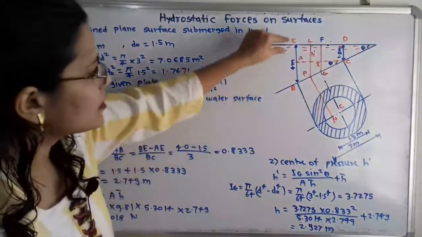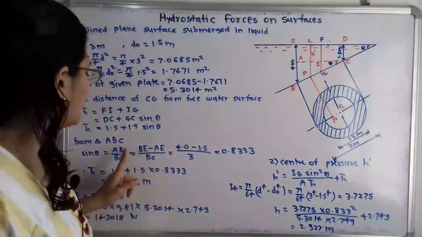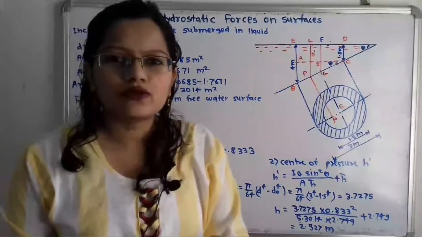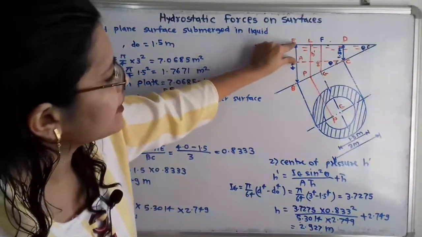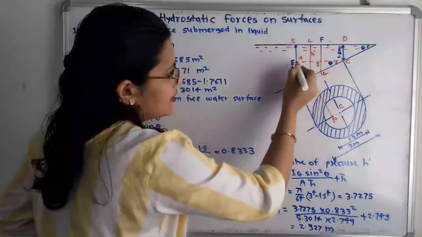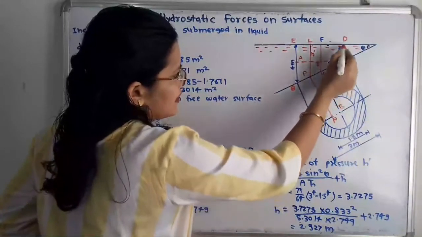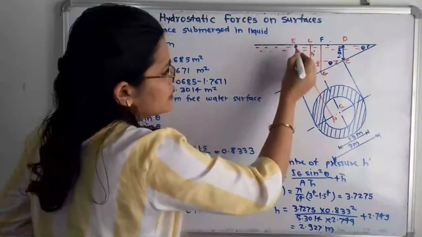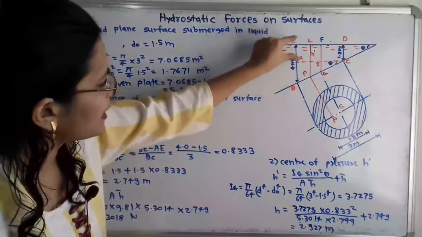Now if we observe here, sin theta is equal to AB by BC. So BC value is known. Then how can we write this AB? AB is unknown, but if we observe, this EB is known as well as EA. EA is also equal to DC, because this is a horizontal line and this is also a horizontal line. That means these are two parallel lines, and this DC is equal to FI is equal to EA. So this AB is equal to EB minus EA.